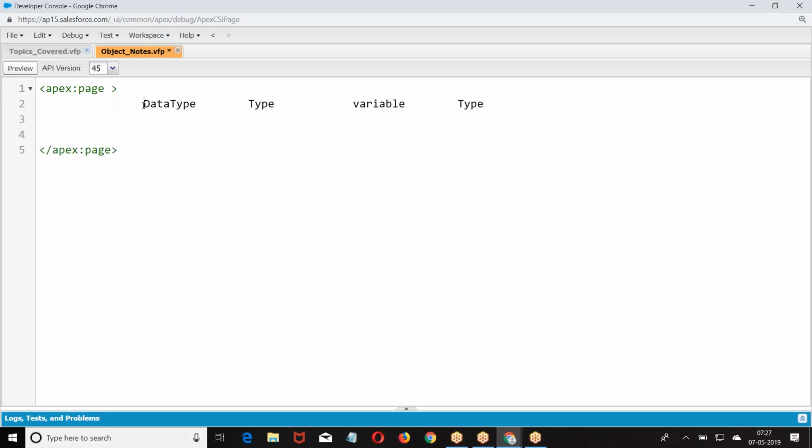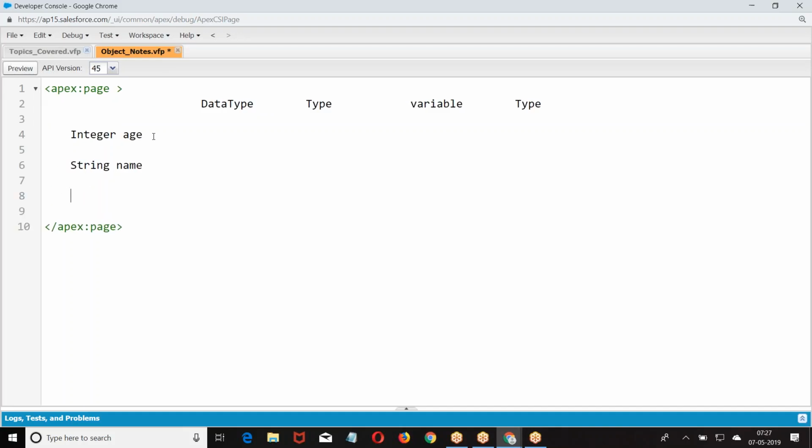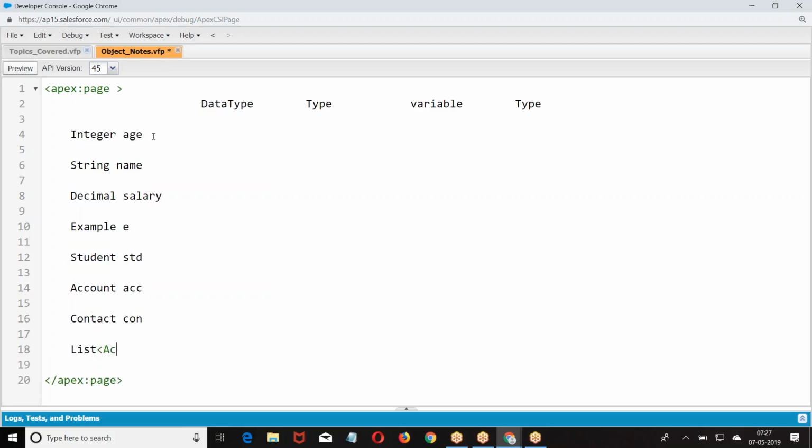So I have taken here, so these are the variables.